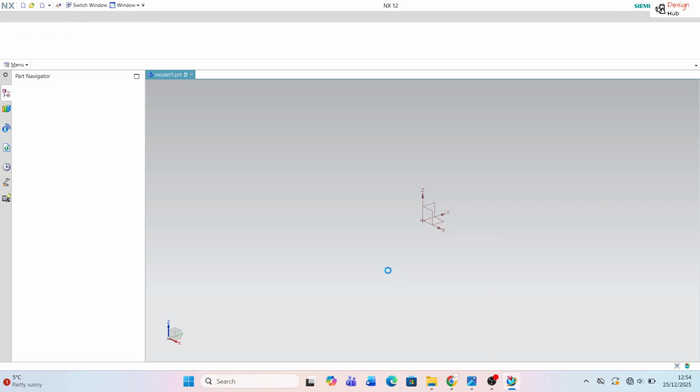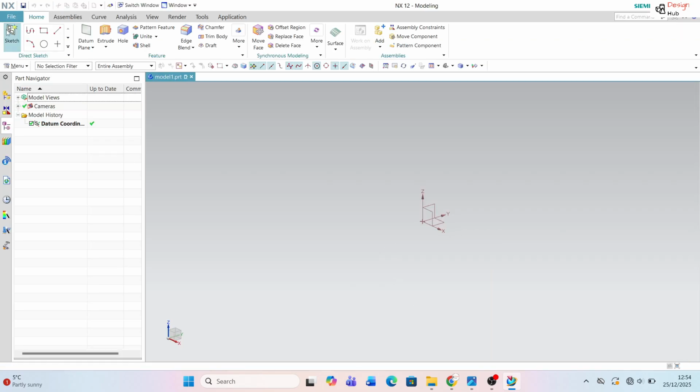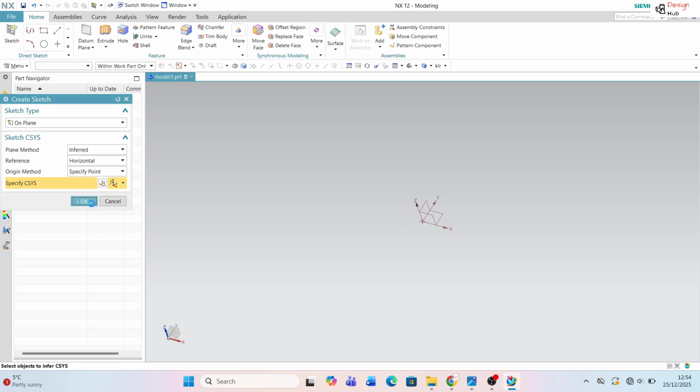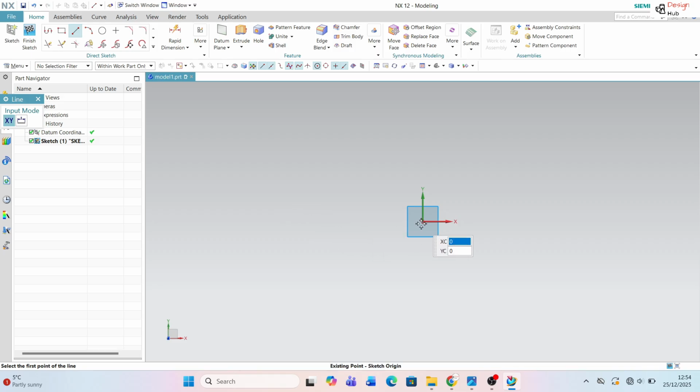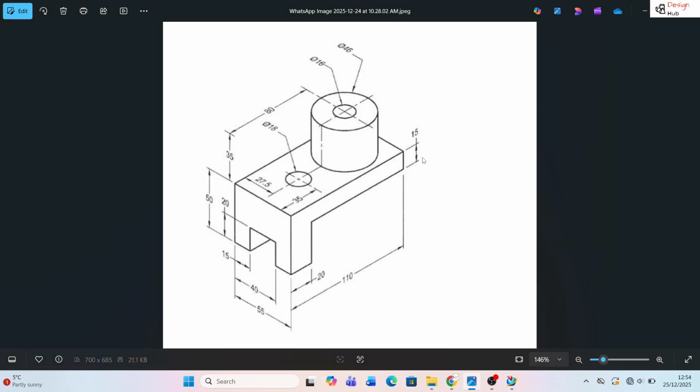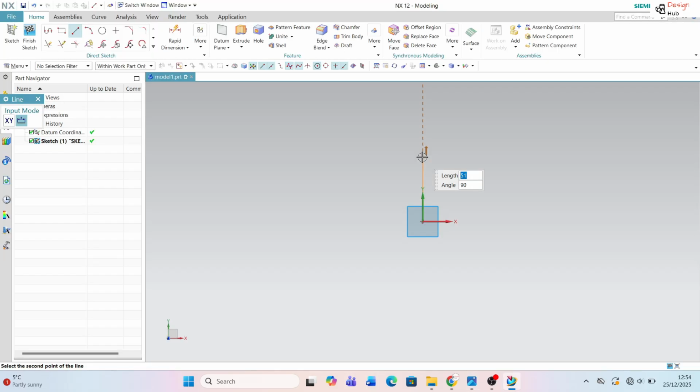First of all, we are going with the sketch. Select the plane and select the line command. Select the horizontal, the length of 50, and again choose the line command and the horizontal, the length is 110 mm,